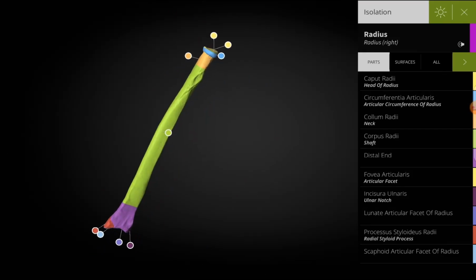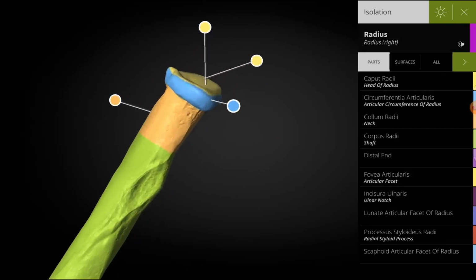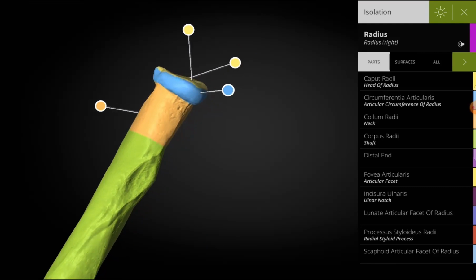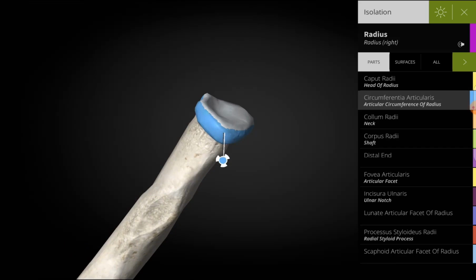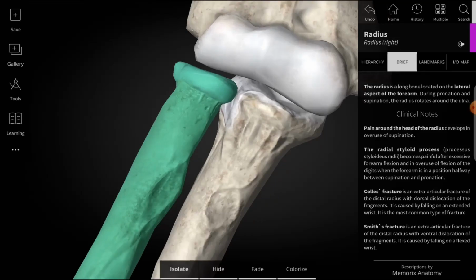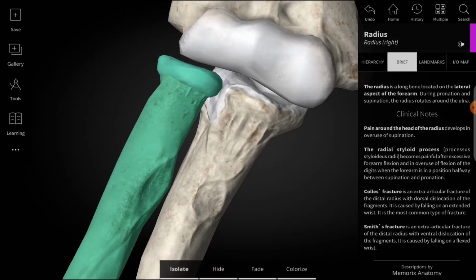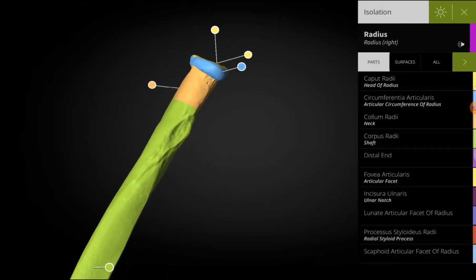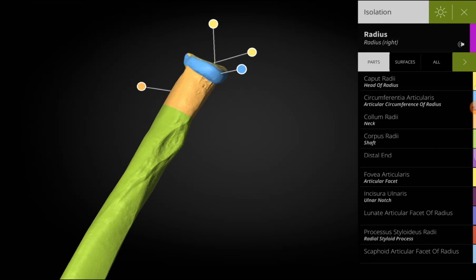There is another articular surface in this area, on the region of the head of the radius, but unlike the previous one, this one is located around the circumference. This is called the circumferentia articularis. The circumferentia articularis will articulate with two things. On one hand, with the incisura radialis of the ulna, and on the other hand, with a ligament, which we will see later. Distal to the circumferentia articularis is the narrowing neck of the radius, which is the column radii,